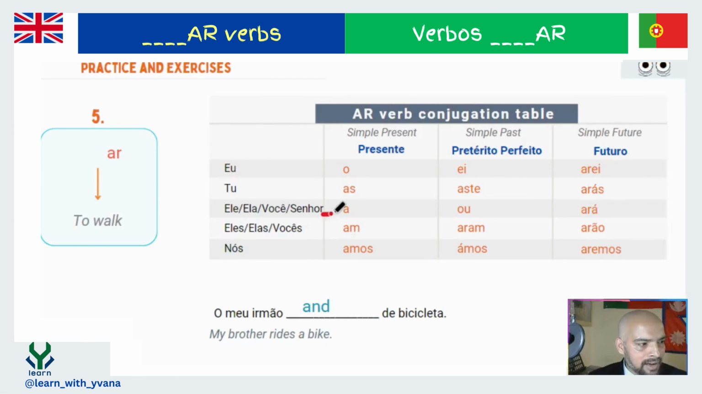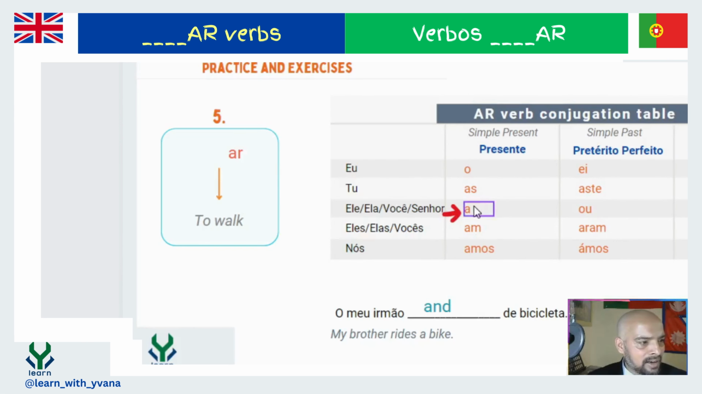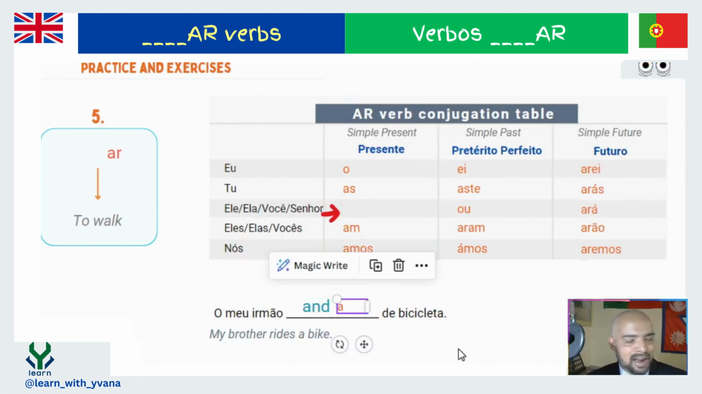Here, a, right? Just a or a we can say. So just take this a from here and keep it here. So o meu irmão anda de bicicleta, right? So my,